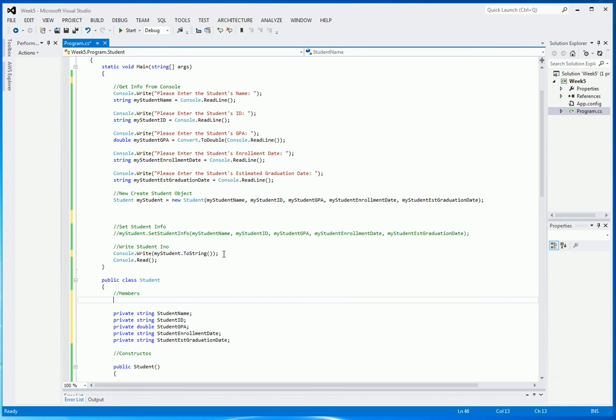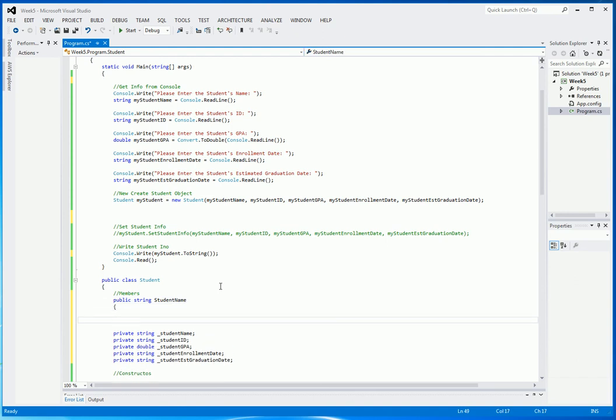Up here, we could create a public string. We're going to call it, oh, hold on a second. Let me go ahead and just rename all of these variables. Whenever you're setting a private variable on a class, it is typical that you use a lowercase letter to start it and use this underscore here to note that that is a private member. So if we go up here and we create a public member of student name,